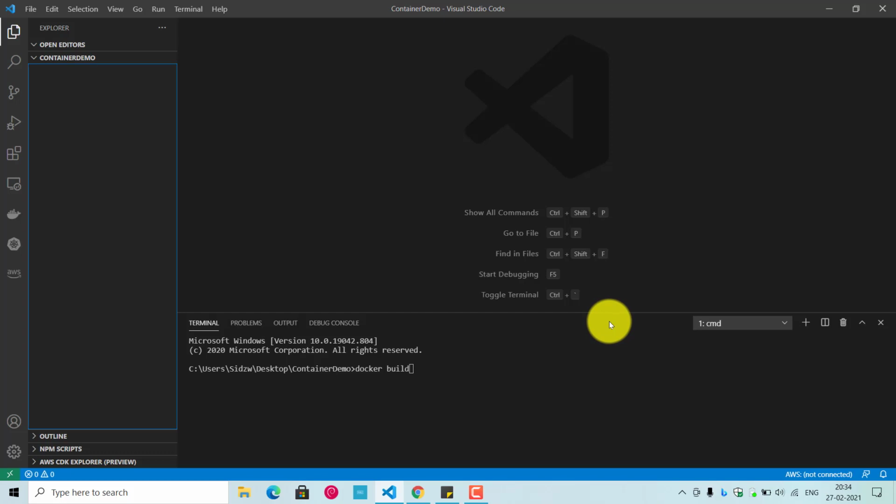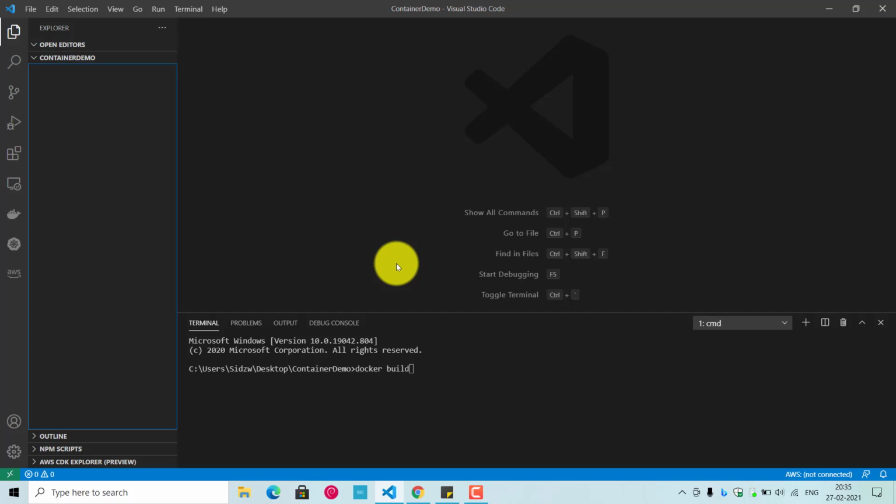In this tutorial, I will show you how you can do it for a simple HTML website, and you can also follow along with this video if you like to learn and run your code in your local machine and Docker container. The steps are very simple and this tutorial is very simple to do. But once you understand, you will be able to install and run any big application, Python or Java based application. Okay, so let's start this.